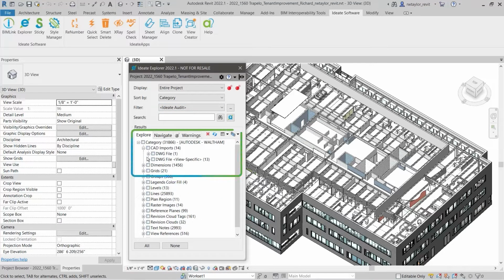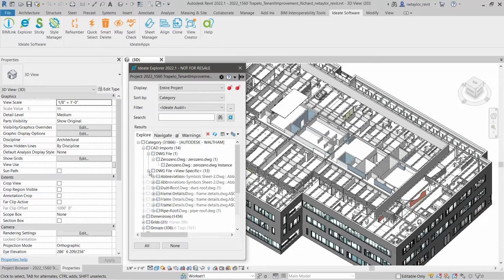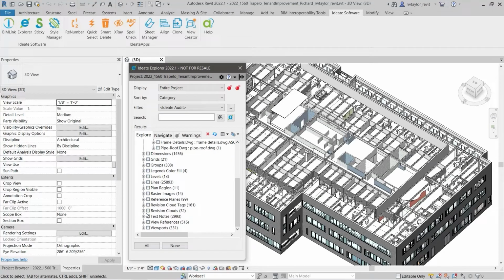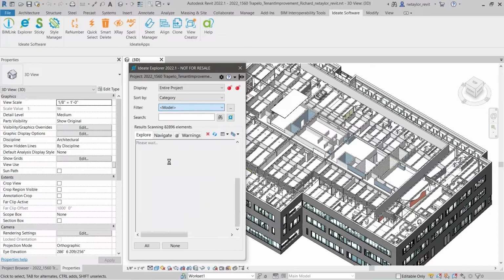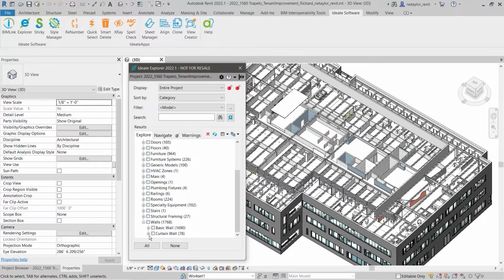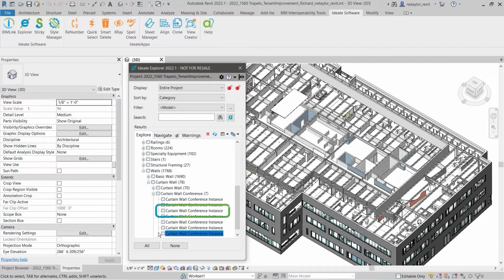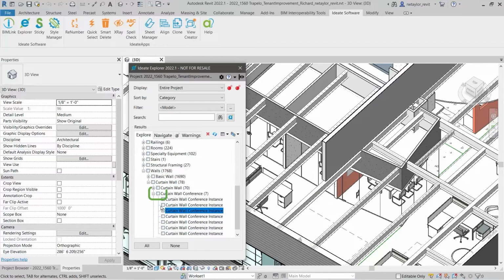By default, Ideate Explorer will display the results based on the element category. After noting the element count, take a moment to scan the element list, pausing to review any category that seems particularly low or high. Double-click to zoom to any specific element. Selecting on the checkbox will highlight the element within the Revit canvas and place it into Revit's selection set to